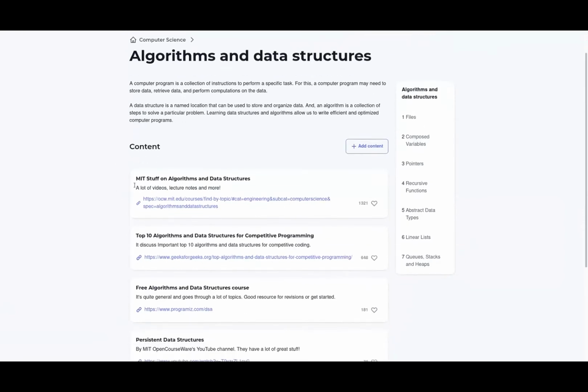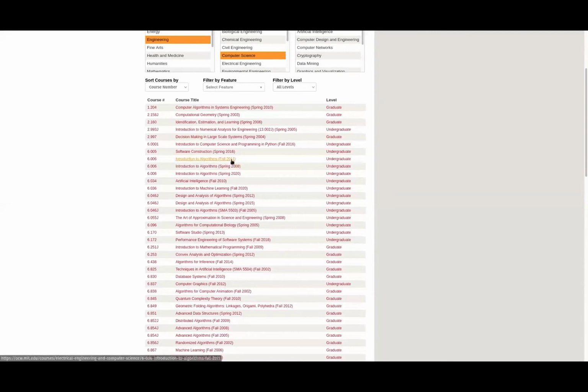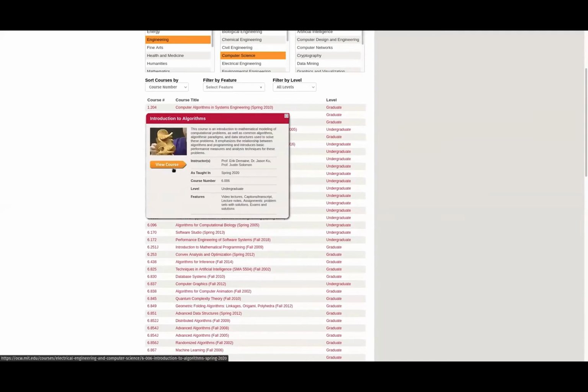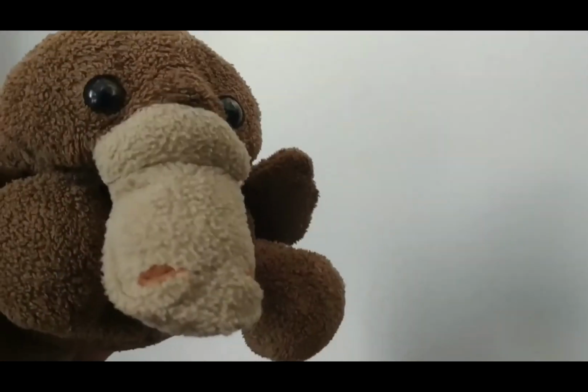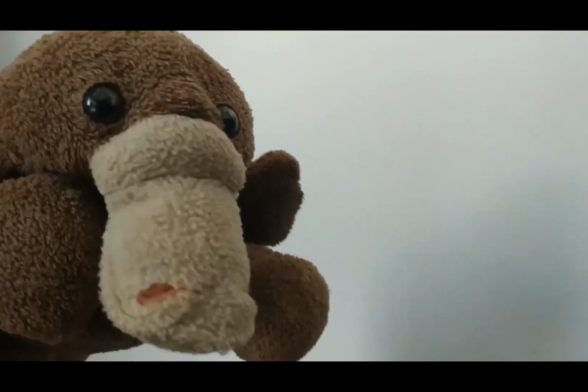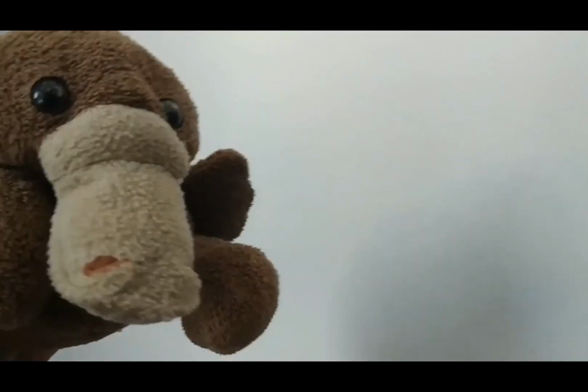Wait. What's that highly voted content right there? MIT stuff on algorithms and data structures? And it has over 1,000 likes? Yeah, and it's all free actually. MIT have a lot of content out there and a lot of stuff on computer science. Wait, the actual MIT? Yeah, look, let's go to the Spring 2020 Introduction to Algorithms course. Wait a sec. If we have all of this for free, why do we have to come and watch our shitty classes?